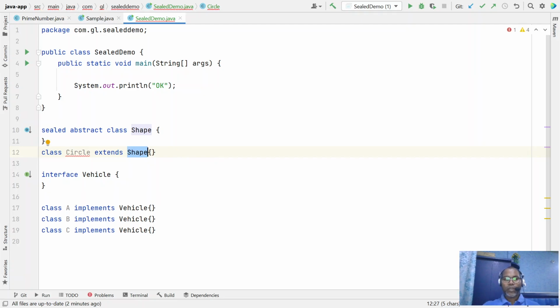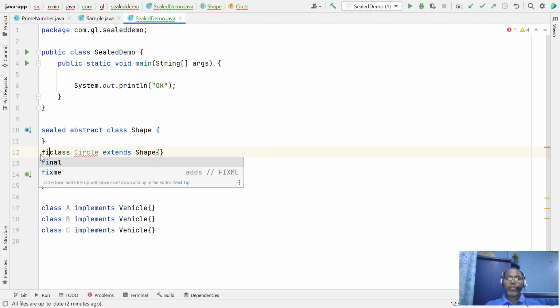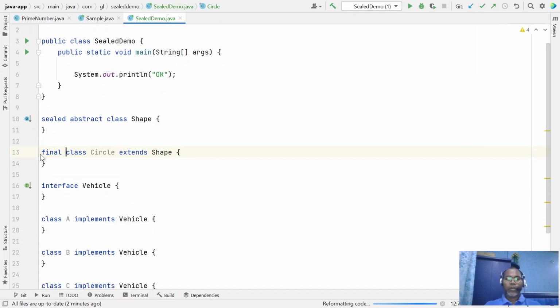So this Circle, you are saying this is a restriction. If its class cannot be open, you can mark this class as sealed or non-sealed or final. So let us mark it as final. So now it's happy.